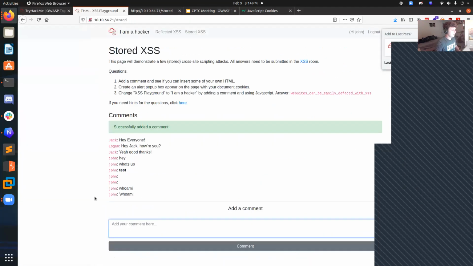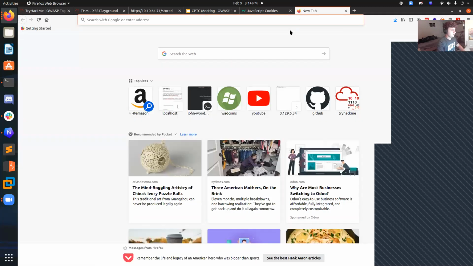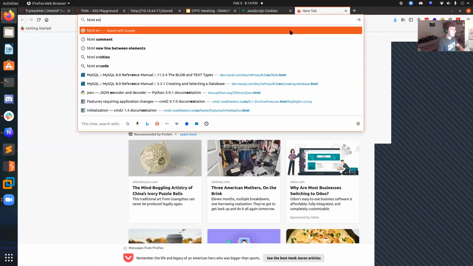So for example, with injecting cross-site scripting, doing something like this should never be allowed. You should not, this here, these brackets, it should escape those. It shouldn't interpret them as JavaScript. And what that does, if you URL encode it, or HTML encode it, sorry. So if I do HTML